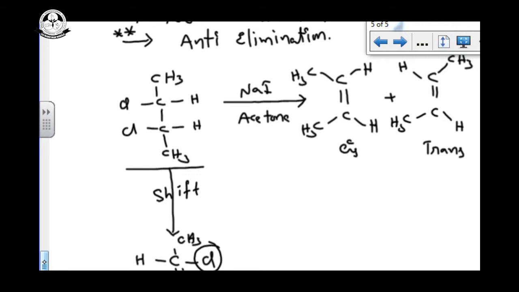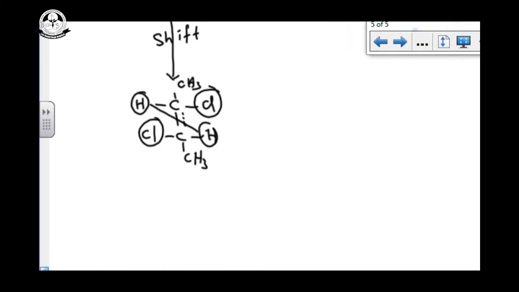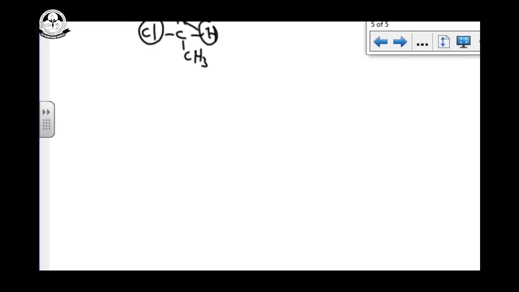We can get the double bond, and see the hydrogens are in opposite directions in this form only. So this is our major product. Here we have to keep in our mind, dehalogenation can undergo E2 type of elimination, and that E2 elimination is also anti-elimination. Next, how to prepare alkenes from gem dihalides.